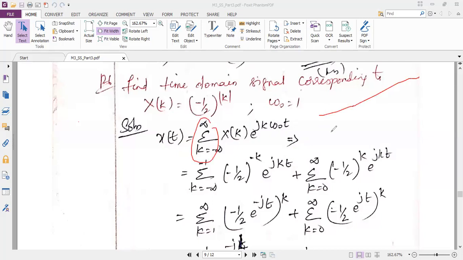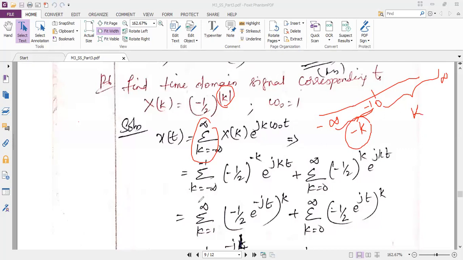See, I'm just drawing the scale here. From minus infinity up to minus 1, the magnitude of k becomes minus k. I hope you understood. Since the power is given in magnitude, in the range from minus infinity to minus 1, on the minus x-axis, I will substitute minus k in the power. From 0 to infinity, this is the positive side of the x-axis, so I will substitute the magnitude as just plus k. This is the twist given in this problem.